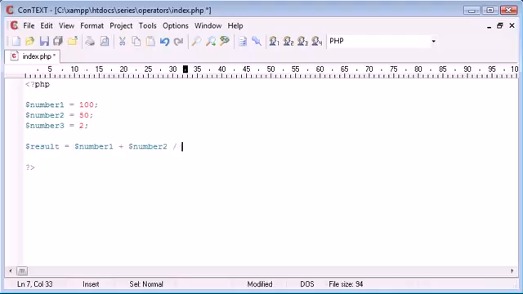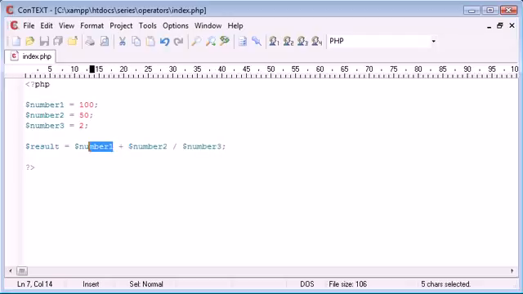So all I can do is say divide number 3. So what this is actually reading out as is 100, because our variable number 1 is equal to 100, added to number 2, so our variable number 2 is equal to 50, and we're going to divide this by variable number 3, which is equal to 2. Now in actual fact the way this program or this result is going to work is it's going to perform this that I've selected in blue first,